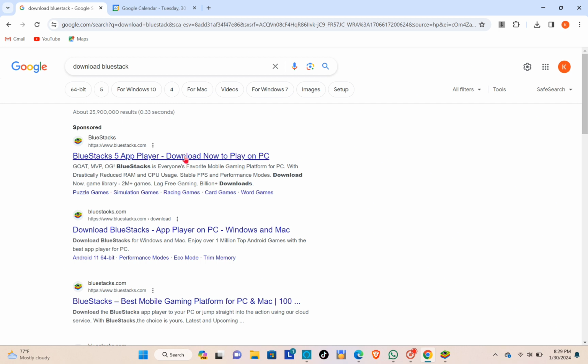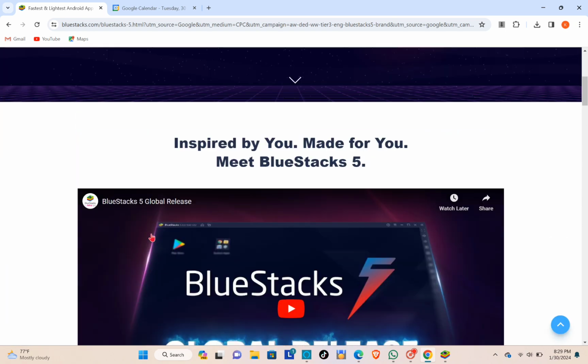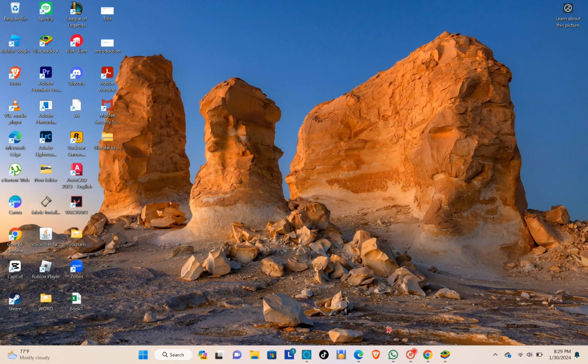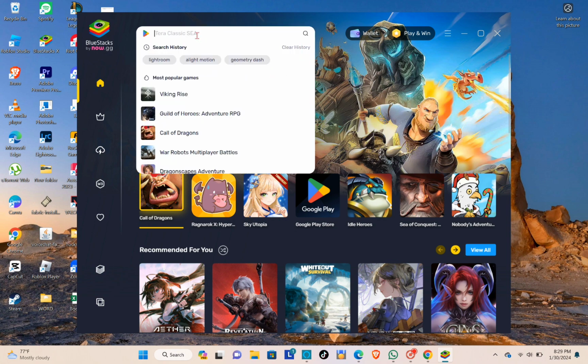So first you just have to click on this website right here and you have to download the BlueStacks. Okay, so just click on the download and after that you just have to install it. Now we just have to open the BlueStacks after installing it and then click on the search button and then